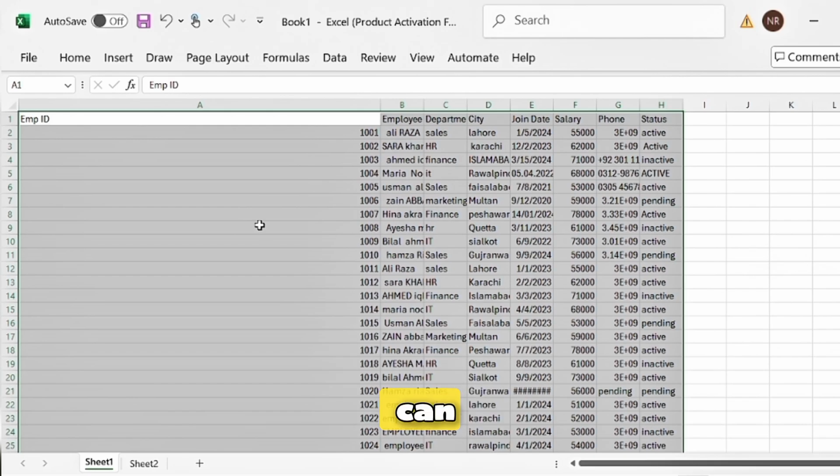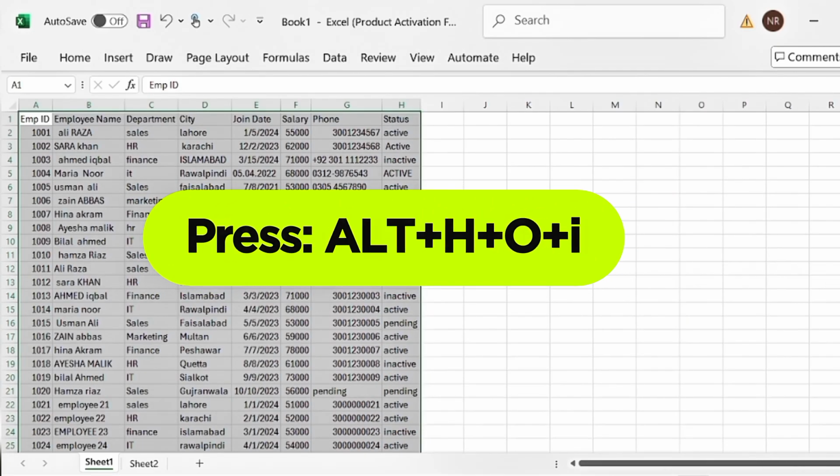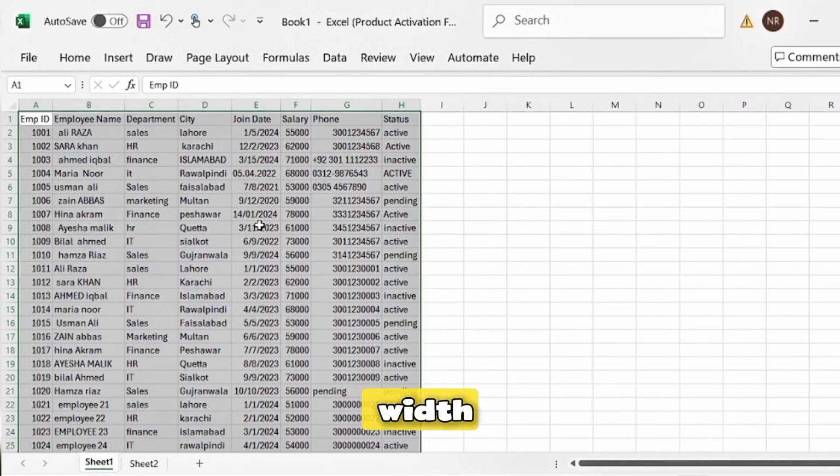Now you can apply column autofit with the shortcut key Alt H O I. Your column width is automatically adjusted.